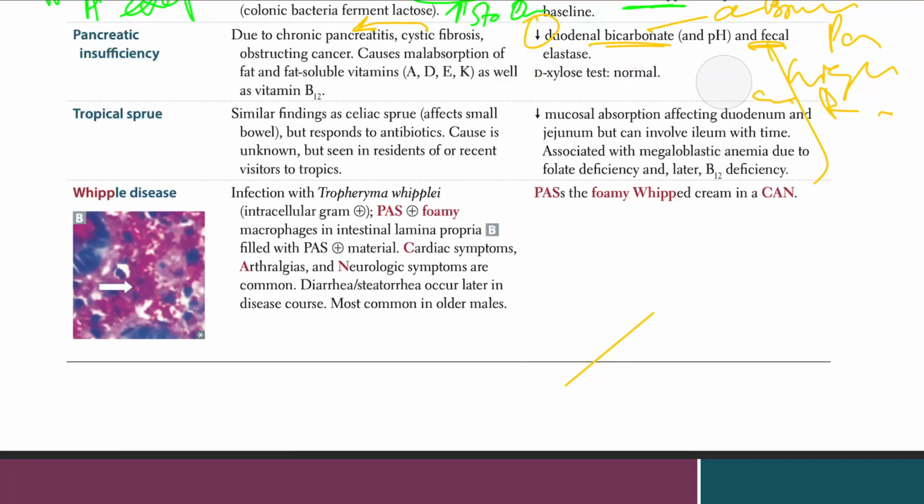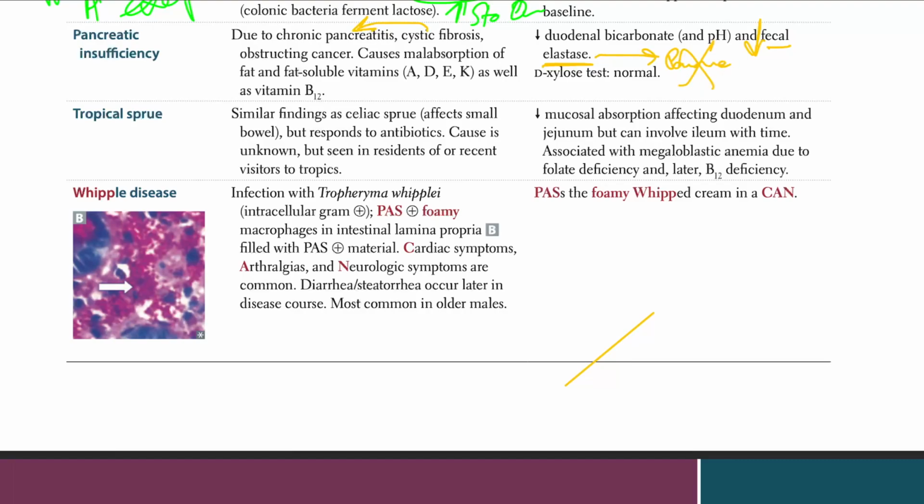And one more thing here, I just thought about it. This is decreased fecal elastase. Why do they even have to mention this? Remember, the elastase was the enzyme coming from the pancreas, right? So when we don't have any pancreas, there is going to be no elastase. So all they had to mention is decrease here, but they decreased all of them. Yeah, it's just a point that they mentioned. So that's all for the pancreatic insufficiency.